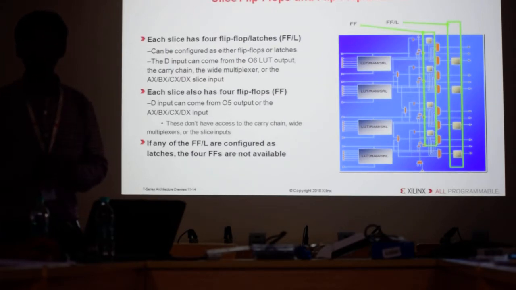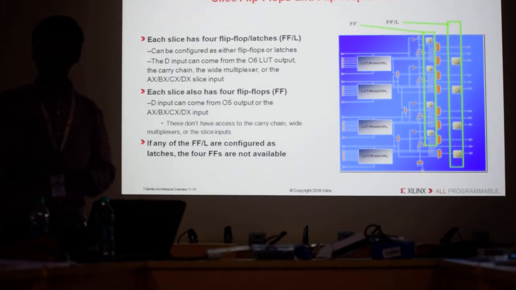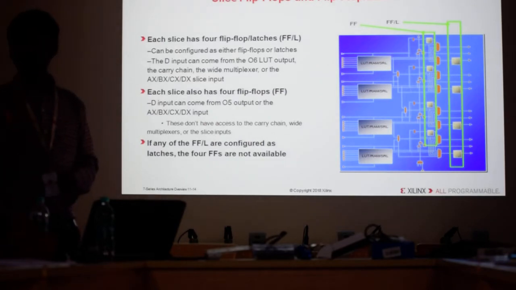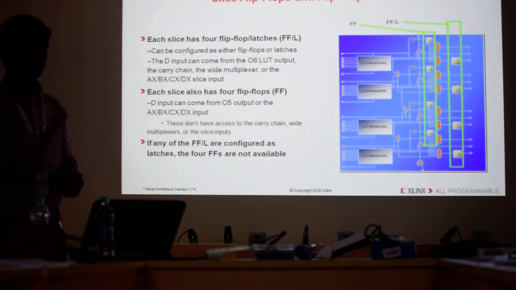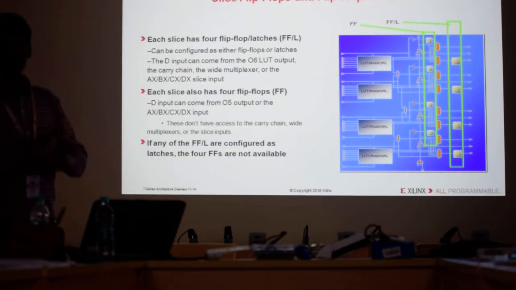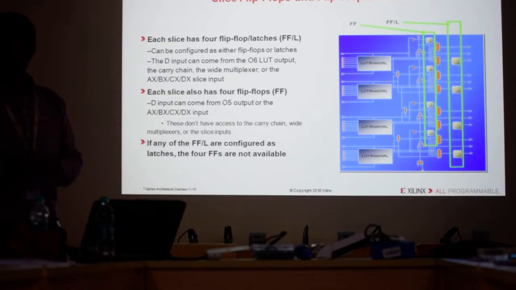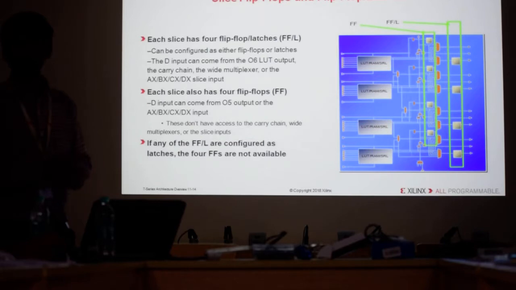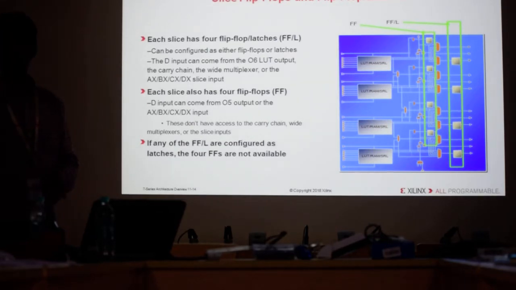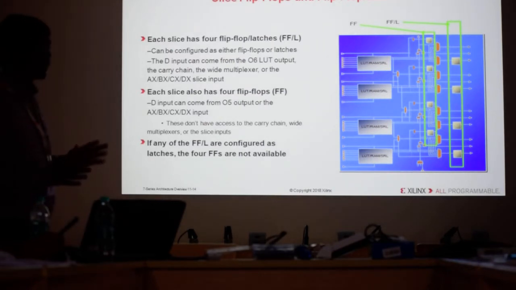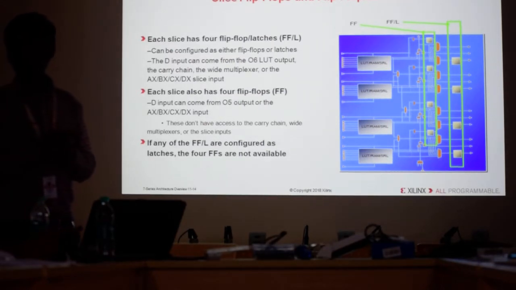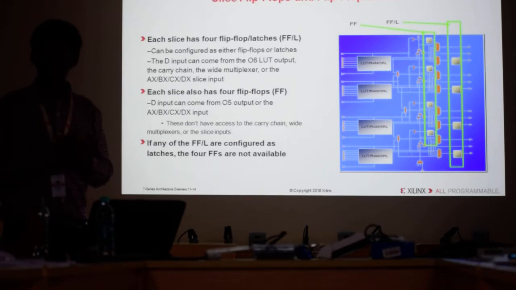If you give 0, 0 will be stored. 1 means 1. It's storing it, right? Whatever you pass, the data will be stored. It stores 1-bit data, either a 0 or 1. If it is 4 flip flops, 4-bit data it can store. 1 0 1 0. If you store it, again in the output section you get 1 0 1 0. It can give you that. So it's a storage. And like that, in one slice you have this much.